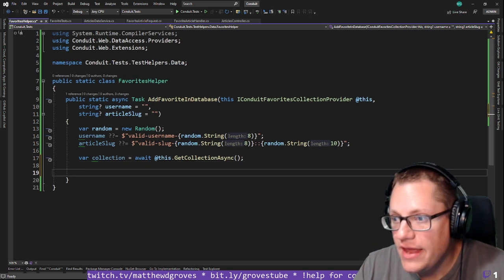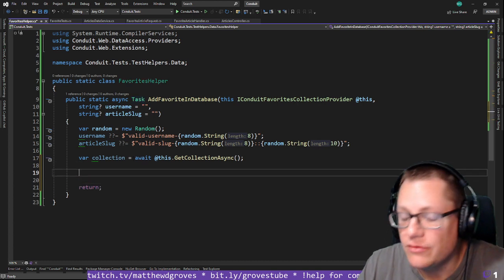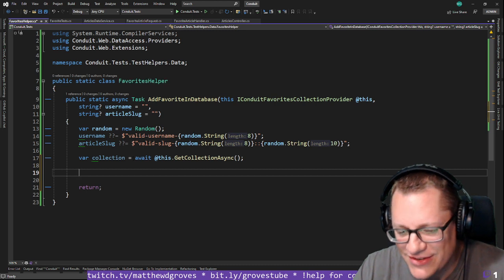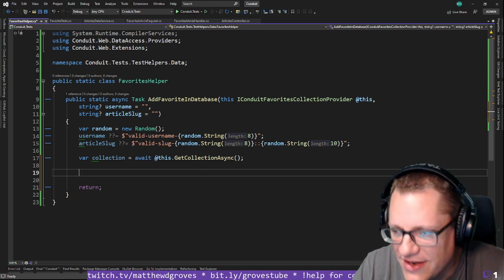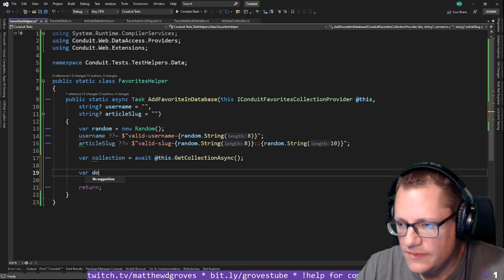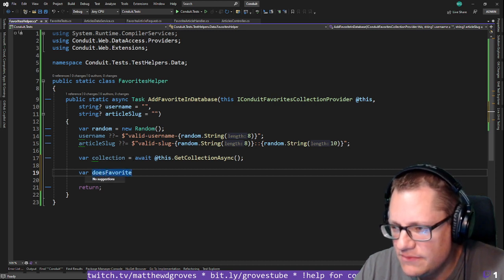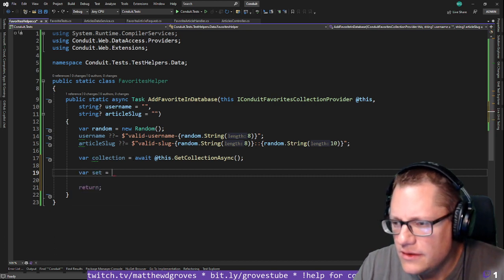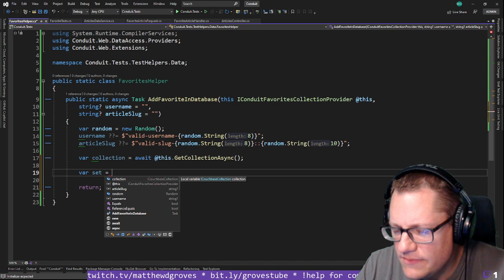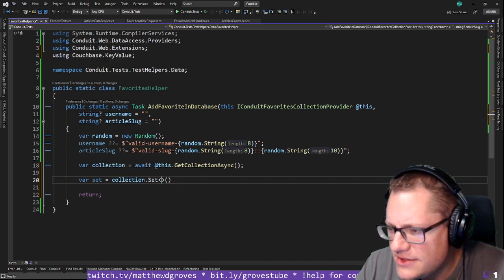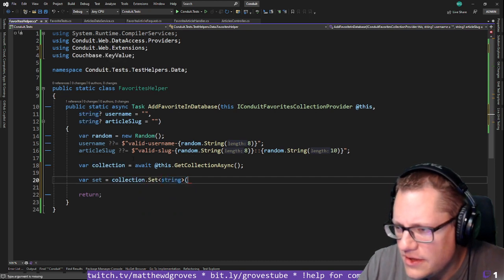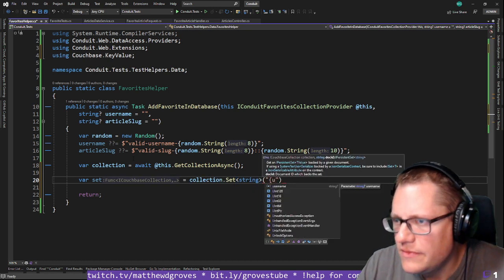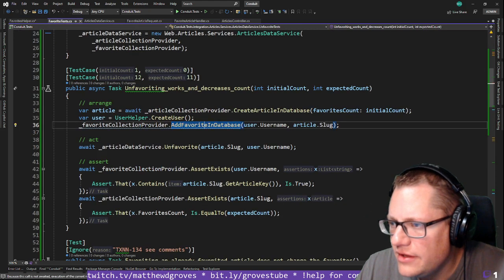All right. Yep. Okay, and it's not gonna do anything. I'm not gonna return anything, but I want to make sure the document exists. So it's kind of duplicate code, but this is a test helper, so that's fine. Does favorite? No, I don't need to worry about that. I can just do a set. Yes, right. Collection.set of string with the username thingy,